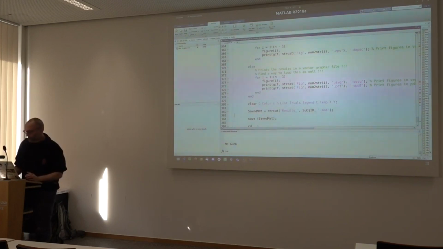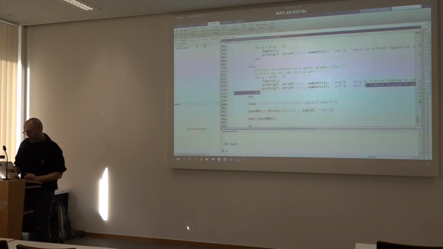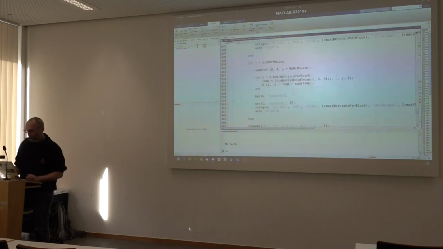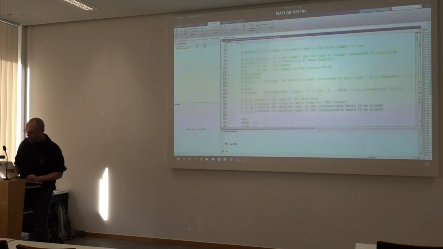But for example, those like, I'm saving the figure as a PDF. By reading this code, I can understand this, so I can remove some of that. Same for here. So once again, go through your code. If you see useless comments, remove them.